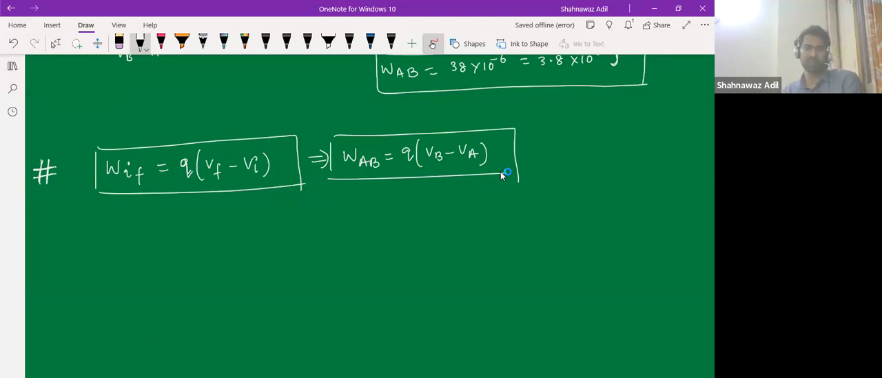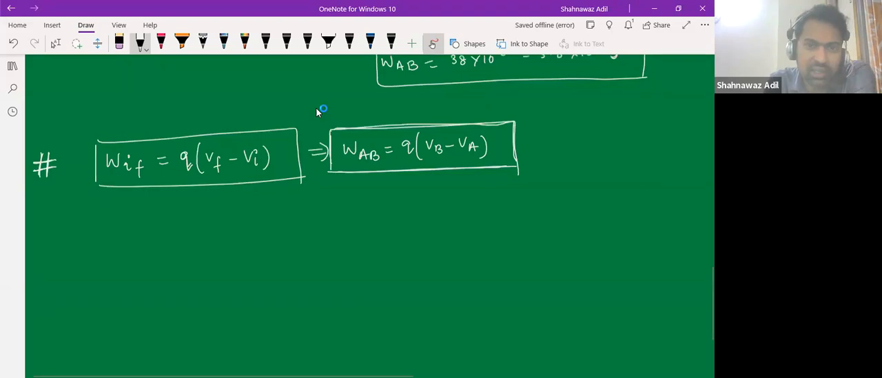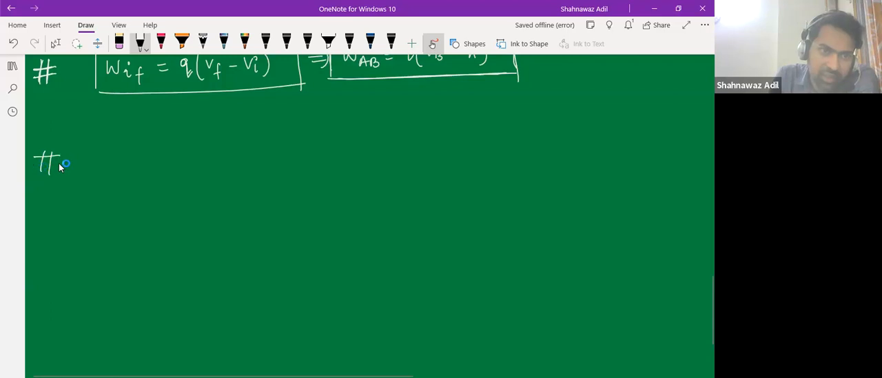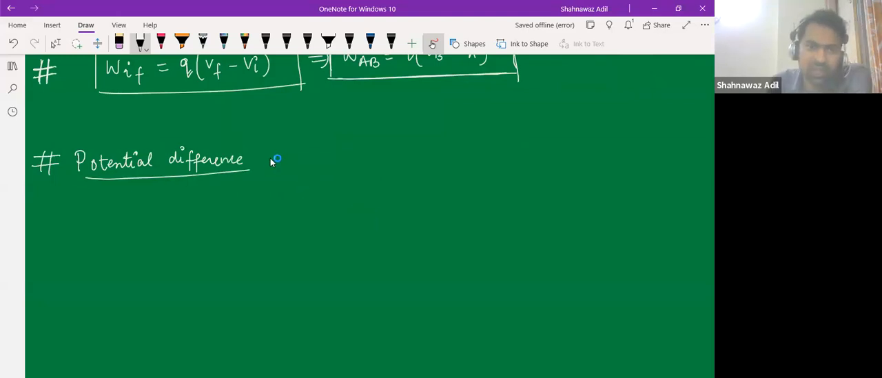And from this, we get an idea of potential. So now using this quantity, let us understand about the potential difference. What is the potential difference? It is the work done